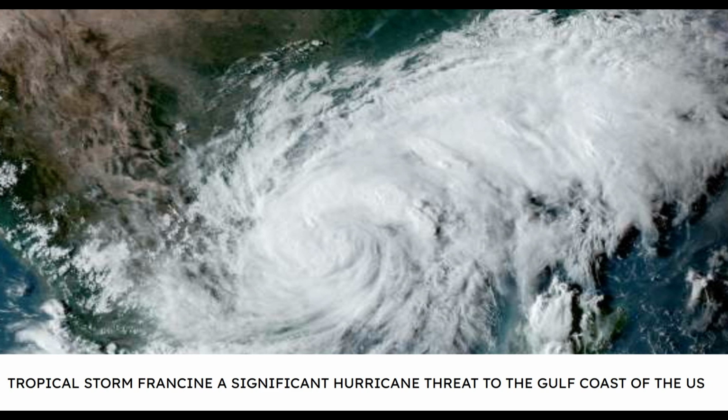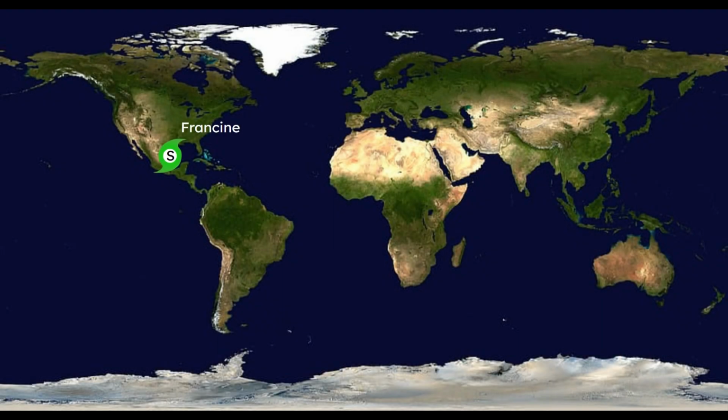Tropical Storm Francine, a significant hurricane threat to the Gulf Coast of the United States, on tonight's Tropical Weather Bulletin. Tropical Weather Bulletin for September 10th. On the map of world tropics, we have one storm currently active, and that is Tropical Storm Francine in the Gulf of Mexico. It is approaching the Gulf Coast of the United States currently, and it could make landfall potentially